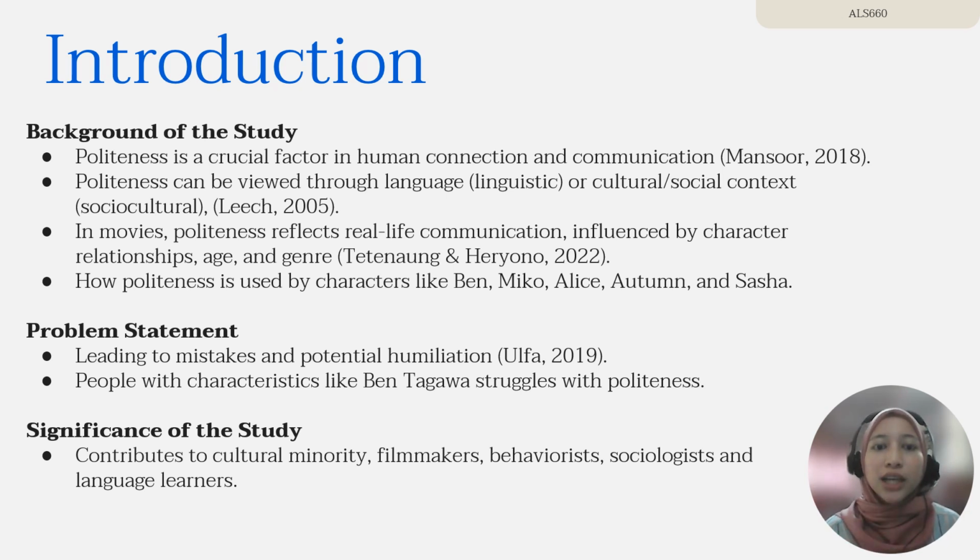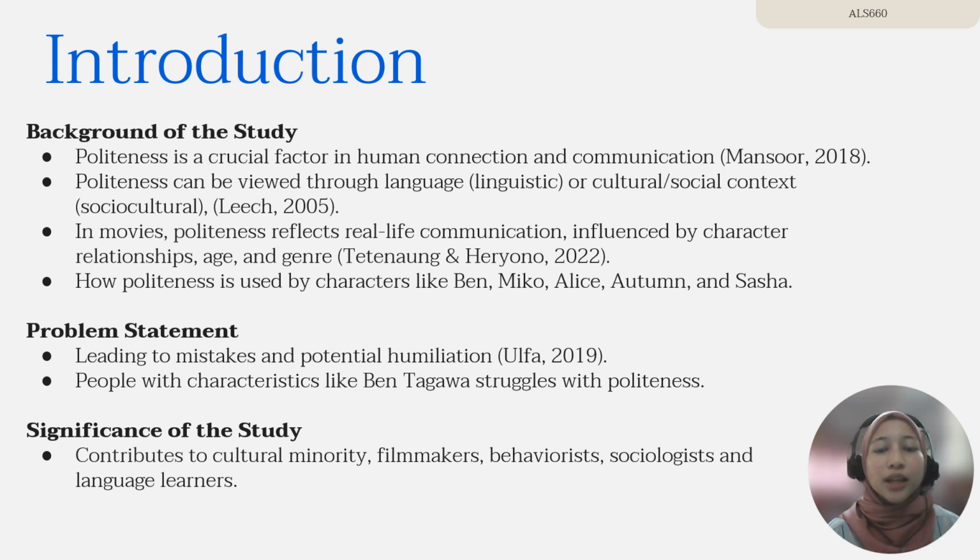films. Politeness in films works much like in real life. It can be shaped by characters' relationship and age and genre. In this study particularly, I chose the film Shortcomings. The protagonist Ben is a really interesting person. He's not your usual main character. I will also examine the politeness strategies of other characters like his girlfriend Miko, his friend Alice, and his colleagues